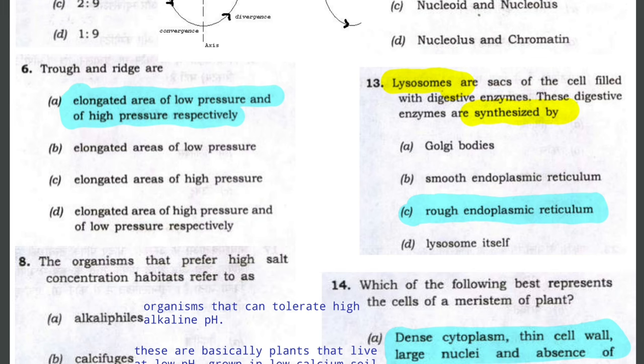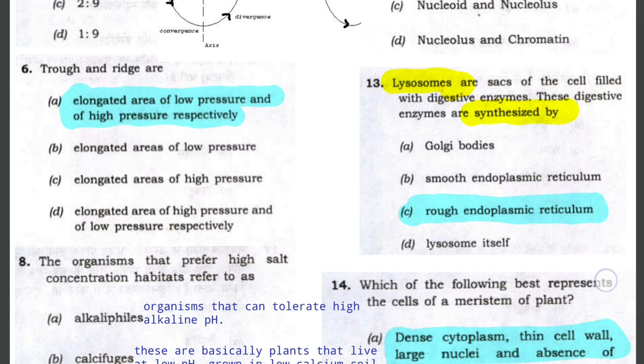Lysosomes, which are also called suicidal bags of cells, are sacs of the cell filled with digestive enzymes, and these digestive enzymes are synthesized by, so these are synthesized by rough endoplasmic reticulum. This is a very important question and has been asked several times, so just remember this, that lysosomes are synthesized